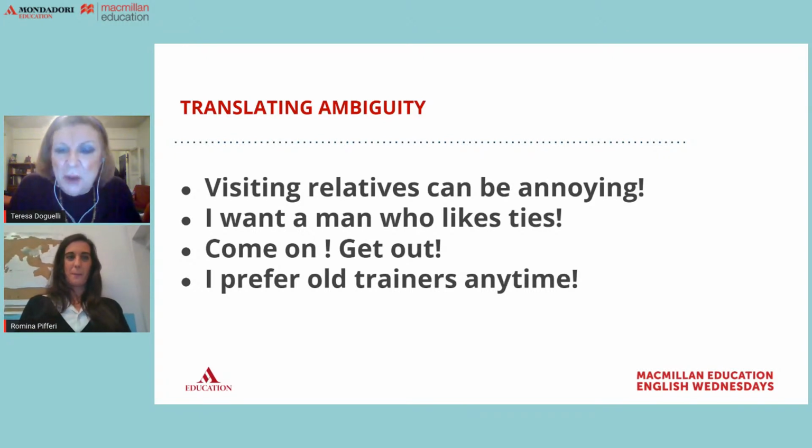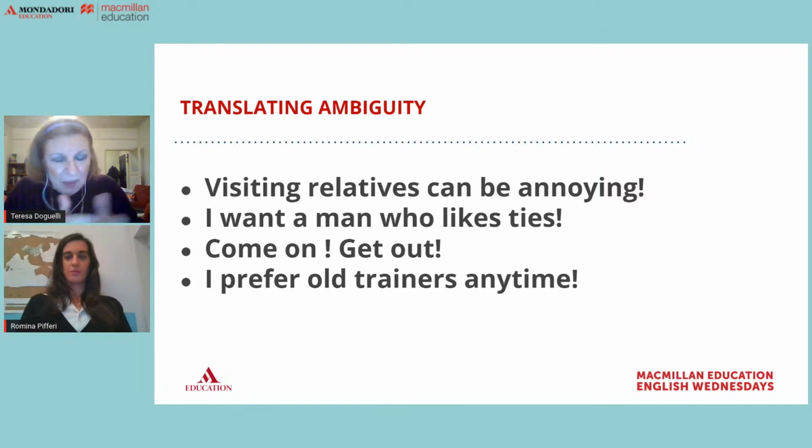And when you throw this open to the whole class, you'll get a lot of people offering a lot of different possibilities, and they will be as amazed as you are to see how many different translations they can come up with in their own language, and they'll see that their own language is like English in that it is flexible. There is not always a one-to-one correlation, and sometimes it's just the ultimate comprehension check,